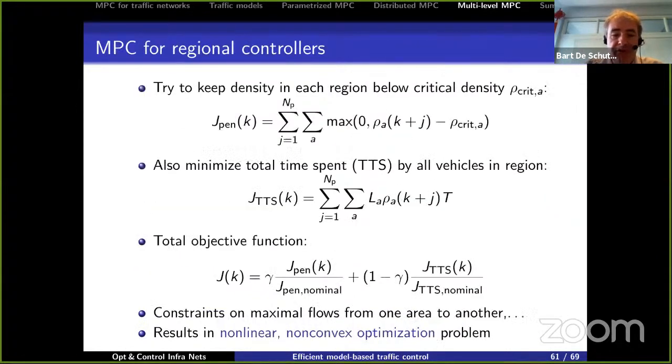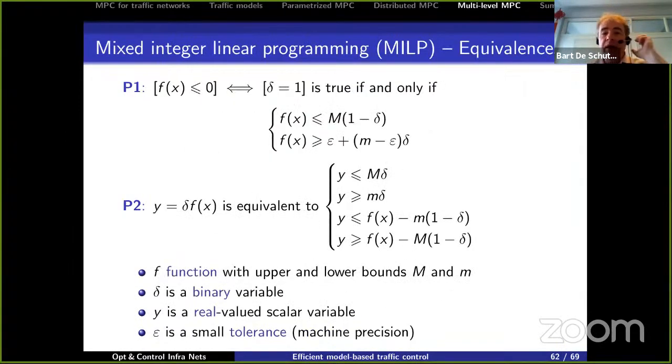So we want to now transform this into a mixed integer linear programming problem. And for this, we use the following equivalences. There's an equivalence that states that if I have a Boolean statement, for example, stating that a certain function is less or equal than 0, this can be related to a binary variable being 1, if we consider the following equivalent statement, where capital M is the maximum of the